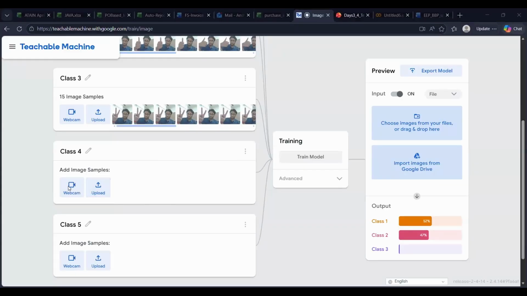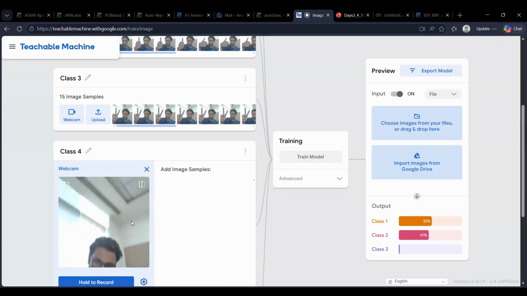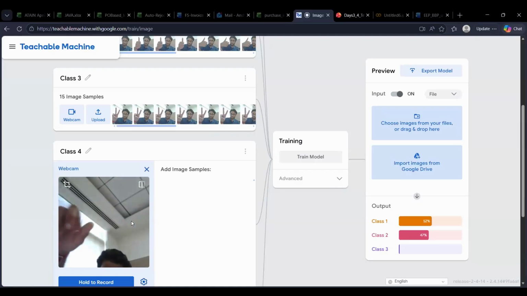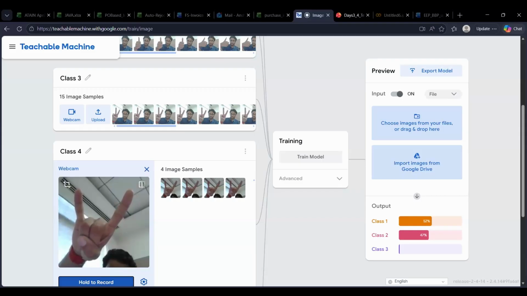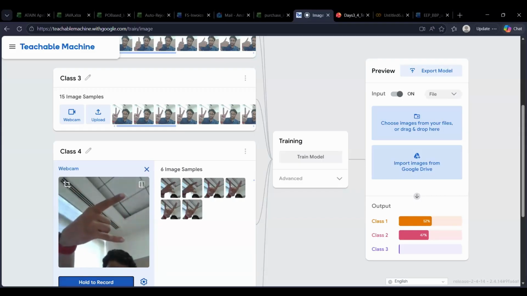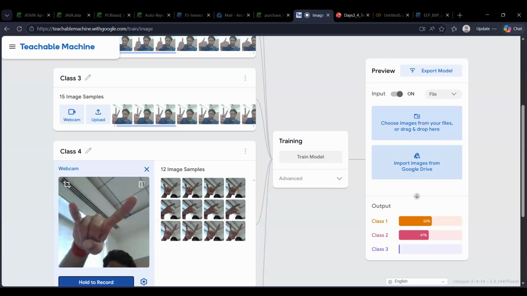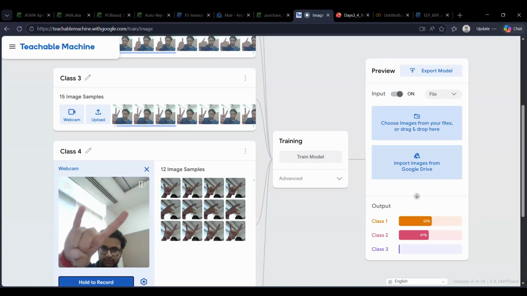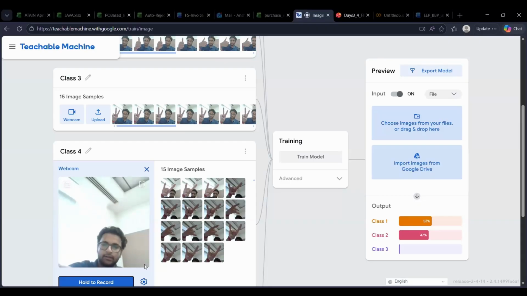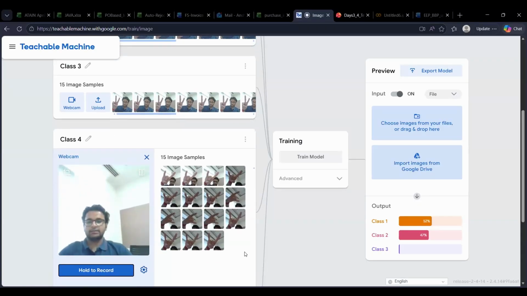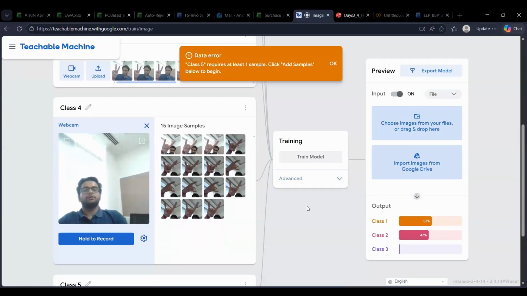So if I just turn my camera upwards and create this side and add more samples like this, and if this is good, okay, just make sure I get 15 images. I'll add this and train my model again on it.